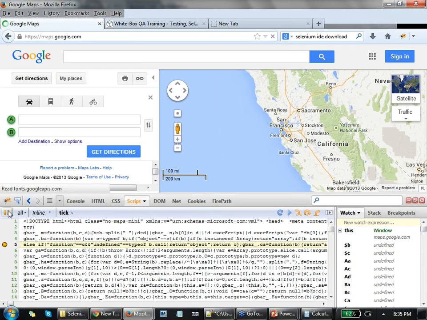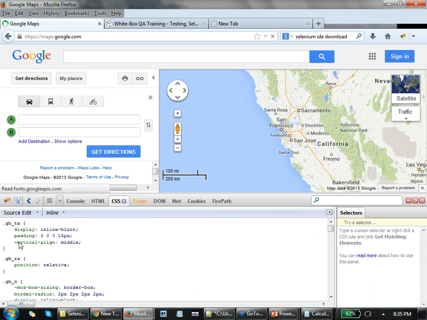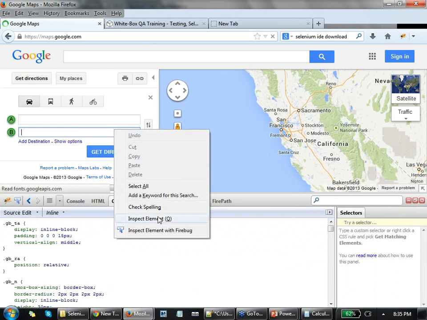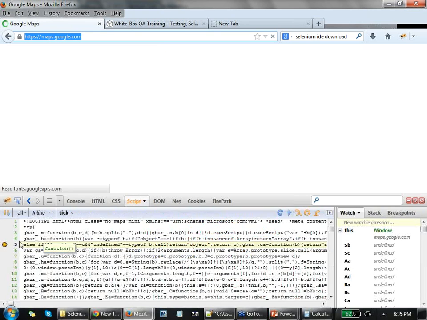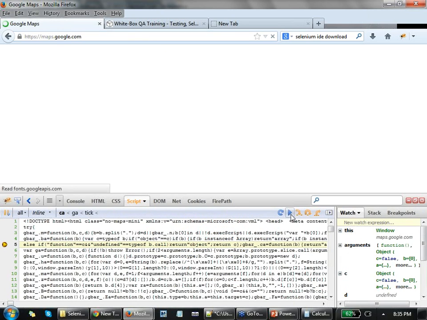I can debug JavaScript. For example, now let's say I want to change the styles for this one. Let's do Inspect Element with Firebug. And what is the computed style for this one? Hold on, what happened? Okay, it is debugging. So what I should do is continue, run this, run this, run this, run this, run this, run this. Or otherwise I have to do